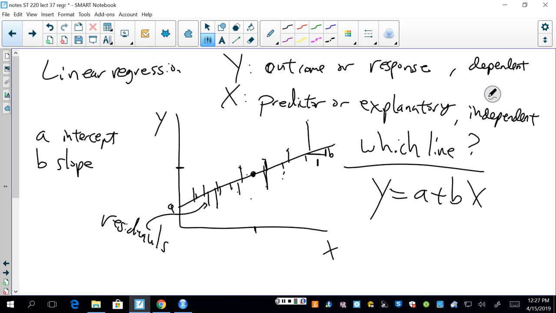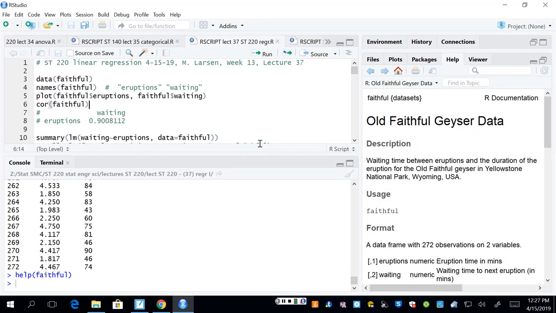So let's look at one brief example, and then we can talk about inference for these things, what's going on with this. Right? So in R, does everybody have a copy of this here? So one data set that we can use for this is about Old Faithful geyser in Yellowstone National